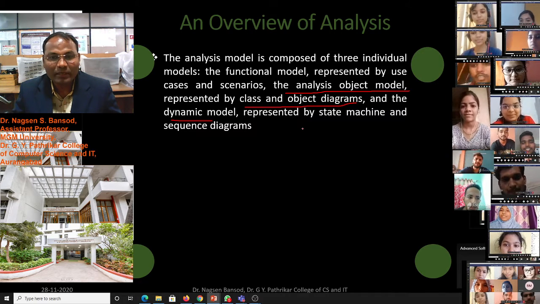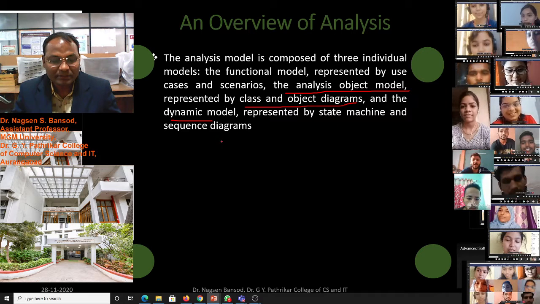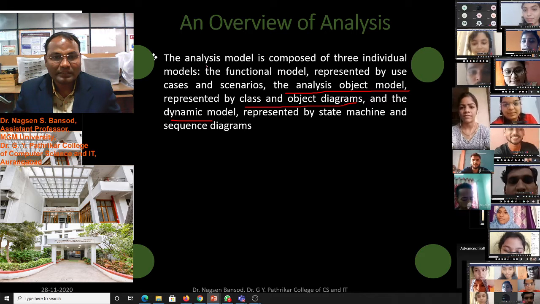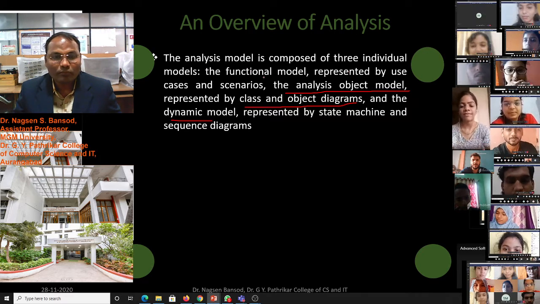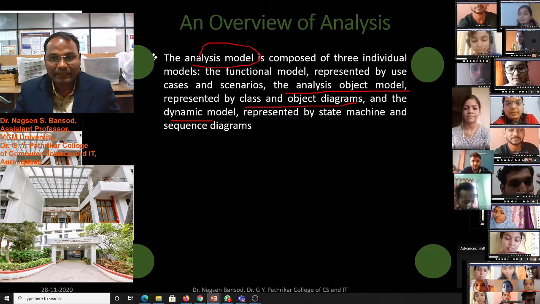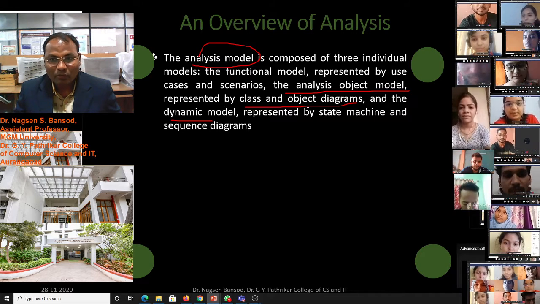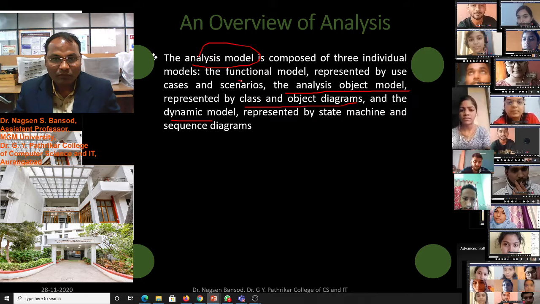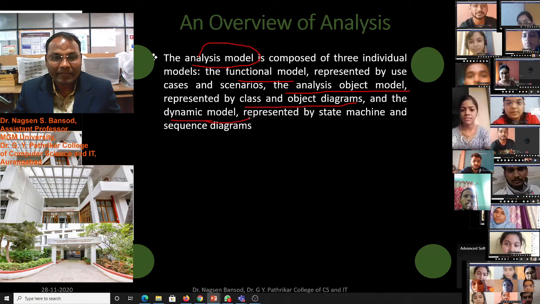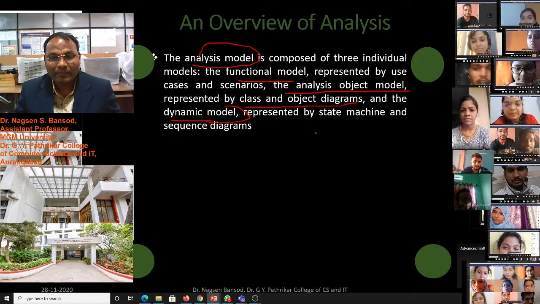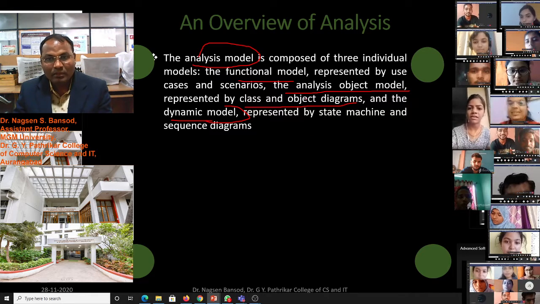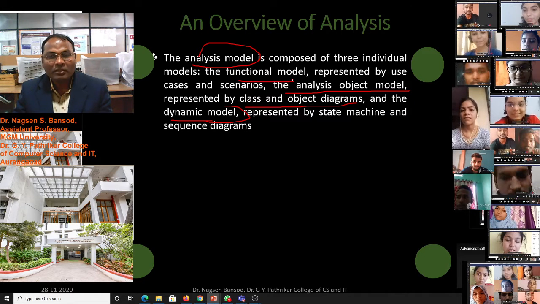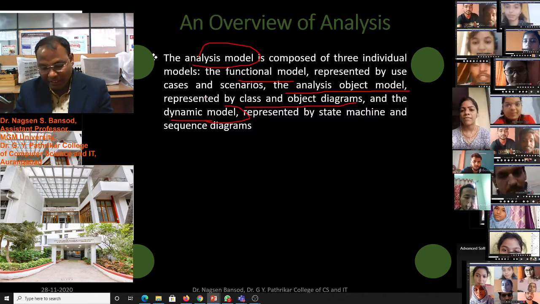And the dynamic model is represented by state machine and sequence diagrams. These are the three models that compose the analysis model: the object model, the functional model and the dynamic model.